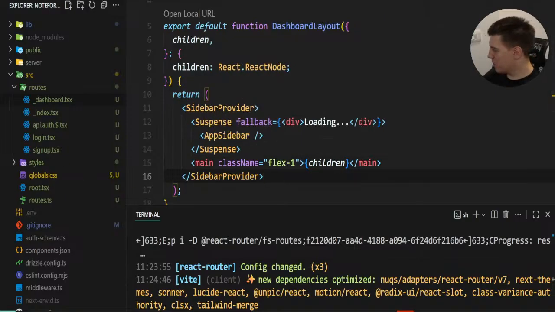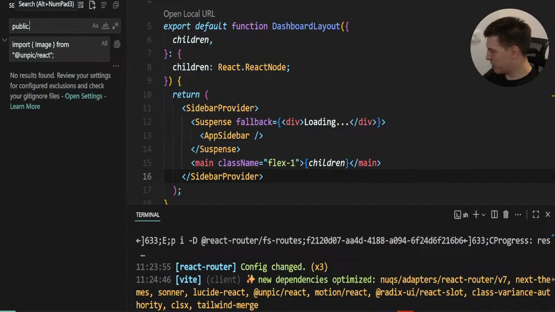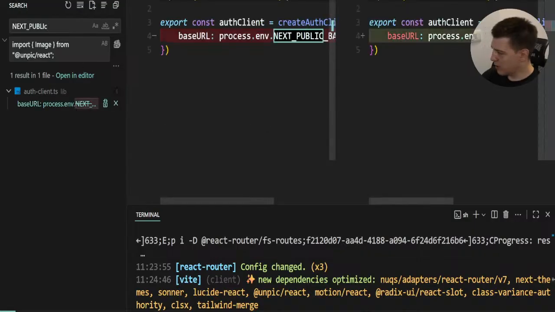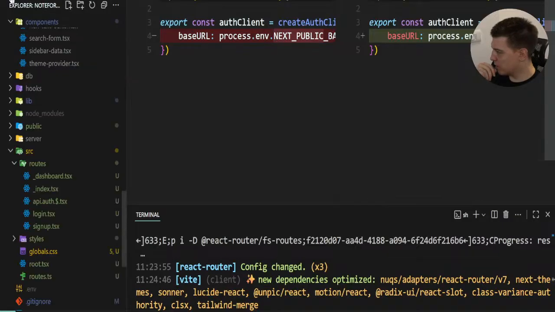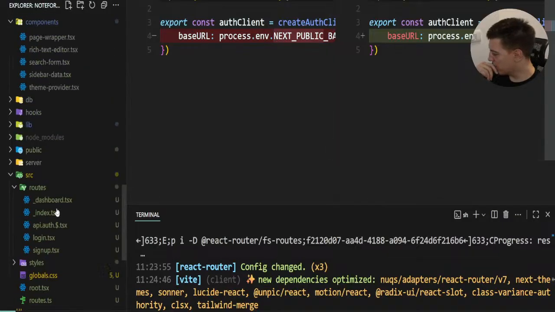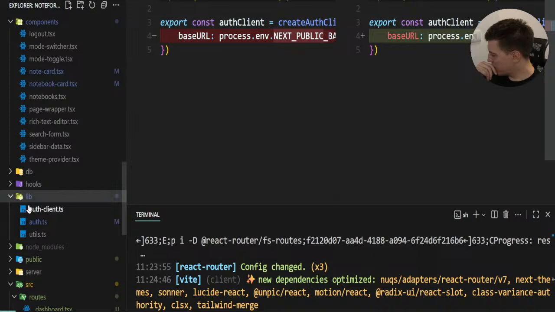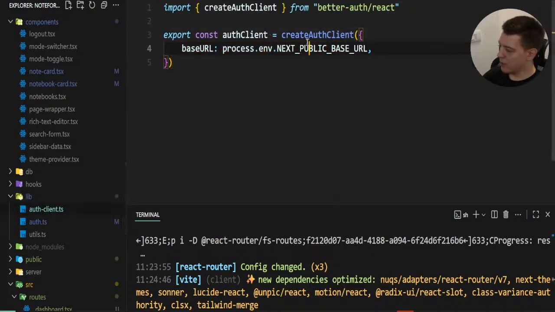So if we search public, actually no, next public, right? Alright, so here, and I'm gonna delete this so it's a little bit more clear. So this is where auth client, I think that's in lib, right? Yeah, so here,